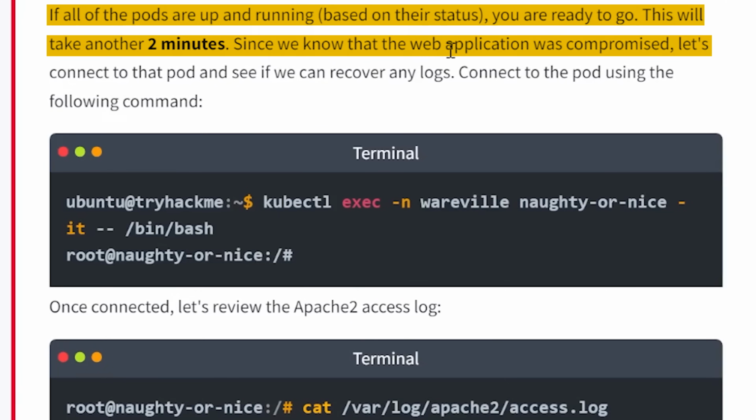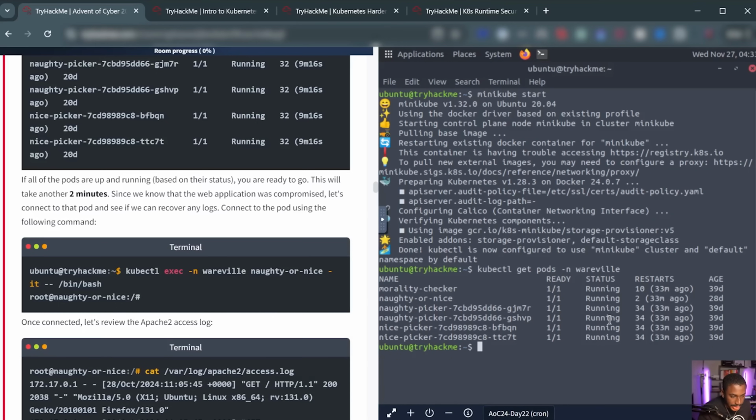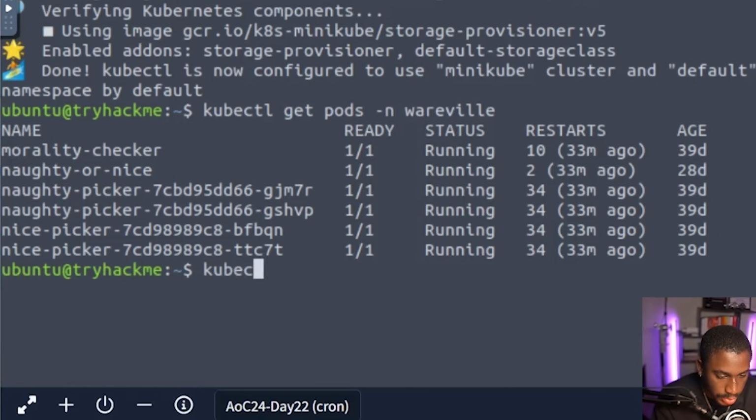Since we know that the web application was compromised, let's connect to that pod and see if we can recover any logs. We can do that by using a kubectl exec command. Now I'm going to walk you through the command. Exec essentially allows us to execute a command inside of a container within a pod. So with the exec command, we're specifying -n again for the Wareville namespace,